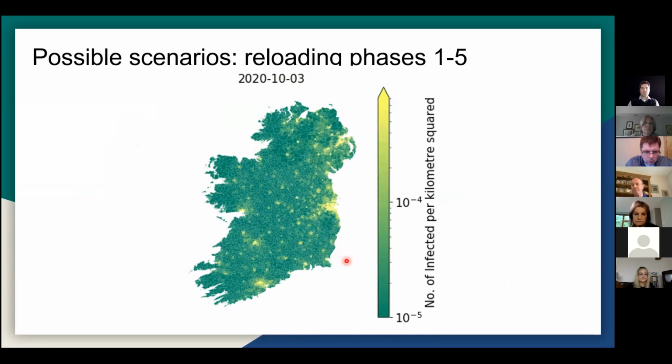You see it starting in the big cities, but really spreads all over the country. It doesn't really care about borders, about county borders, about the border between Northern Ireland and the Republic of Ireland. If you keep going to the new year, you'll see that there's another peak coming. So you see those repeated phases of waves coming in, and you would have the same debate as we have now. You would have it just 4 months down the line, and then another 4 months. So there'll be a couple more of those severe outbreaks